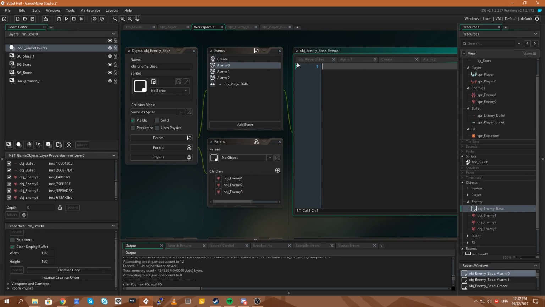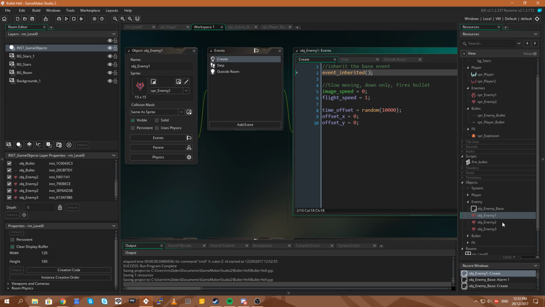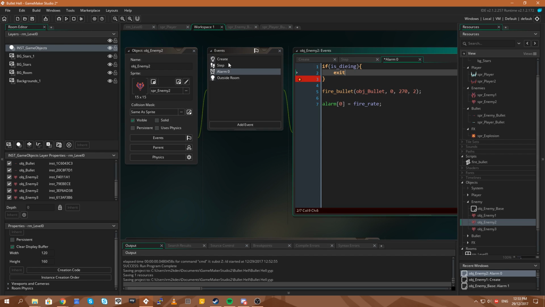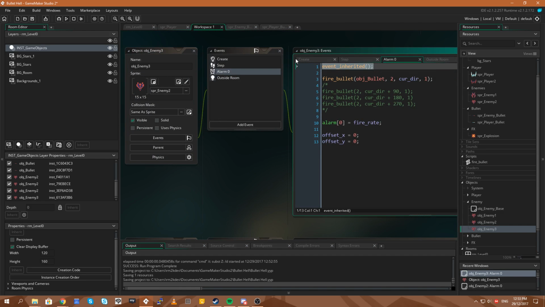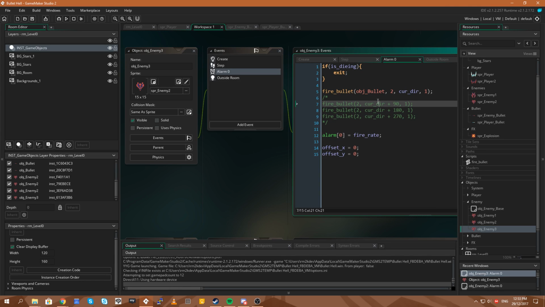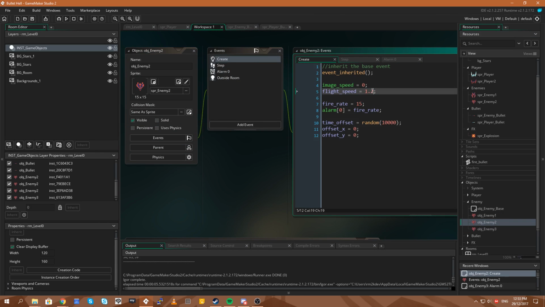That's alright. Let's just do it like if is dying, exit. Can we do that? And then we'll put the same thing here instead of our call to parent. Ah, hang on a minute. They're not dying. So let's set the speed of this guy back to 0 so we can test him.